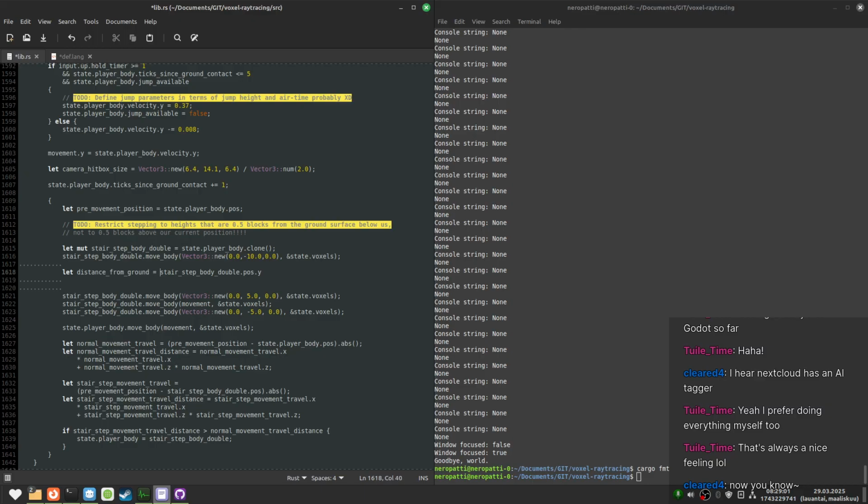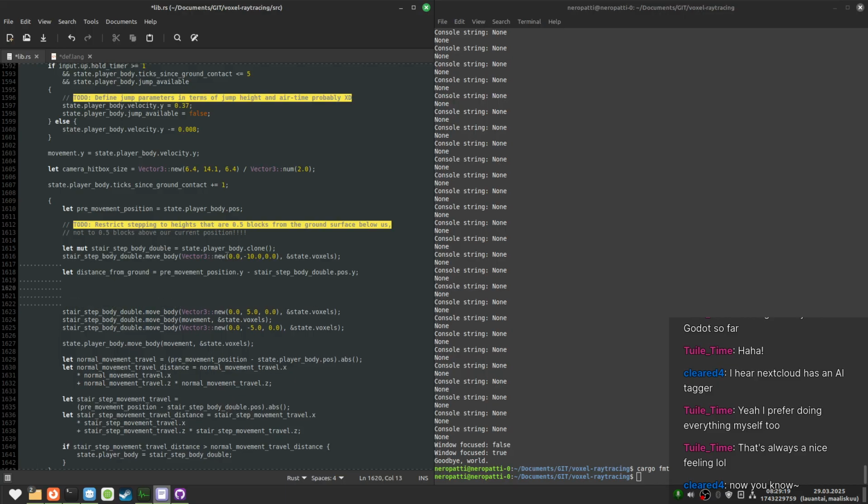Okay, distance from ground, so this moves down, so it's gonna be smaller. So we want to do the pre-movement position dot y minus this. This is our distance from the ground. And then we do stair step body double dot false equals.